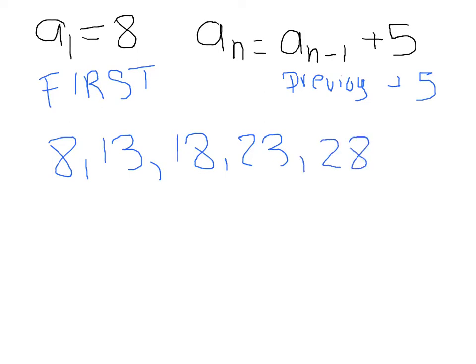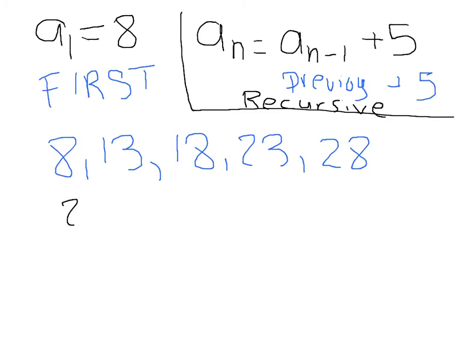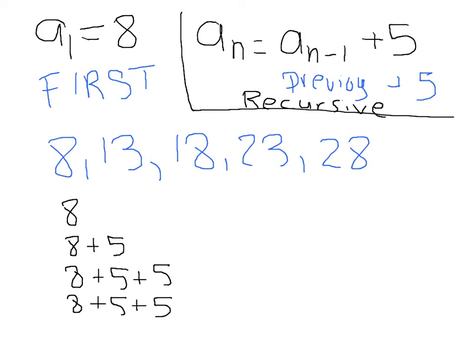So what we're looking at right here is the recursive definition. If you had to take this problem and get the explicit definition, we're starting off with 8, and then you're taking 8 and you're adding 5, and then you're taking 8 and you're adding 5 twice, and then you're taking 8 and you're adding 5 3 times. So the explicit definition would be the first term, 8,